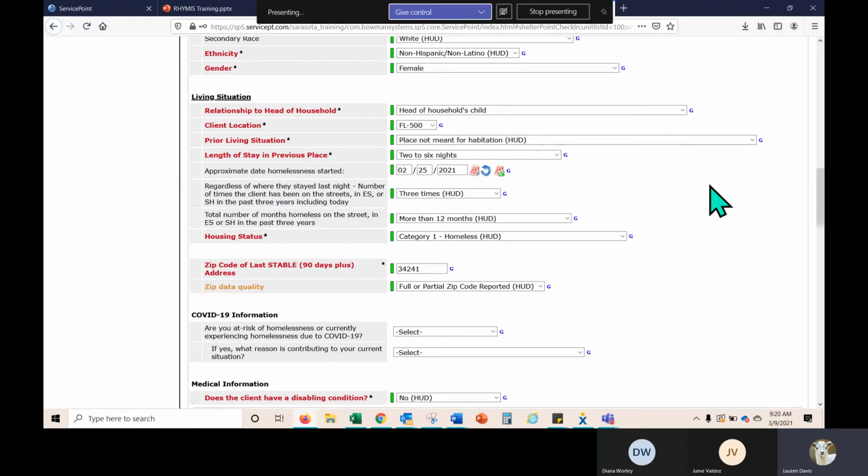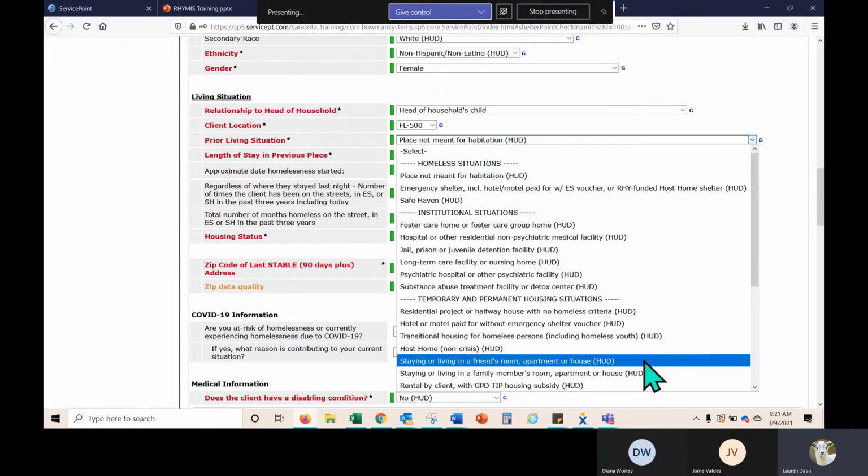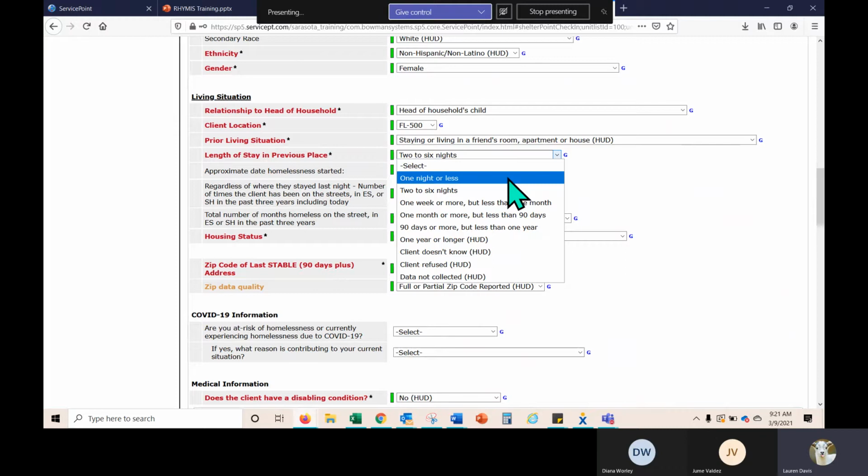We don't know when this data was entered, and we don't know whether it's complete, current, consistent, or correct. So we need to ask North and all of our clients when we check them in, where did you stay last night? And North is going to identify to us that she was actually at her friend's house. From there, we're going to ask the client, how long have you been staying at your friend's house? And she's going to identify that she's been staying one night or less.